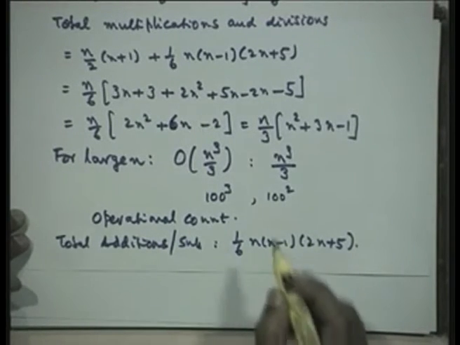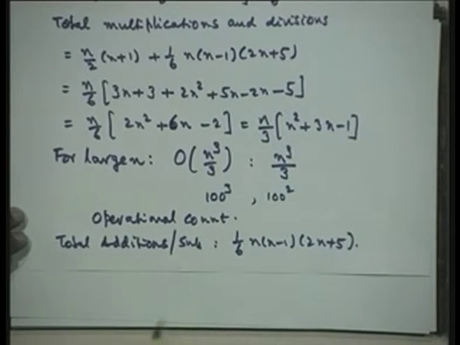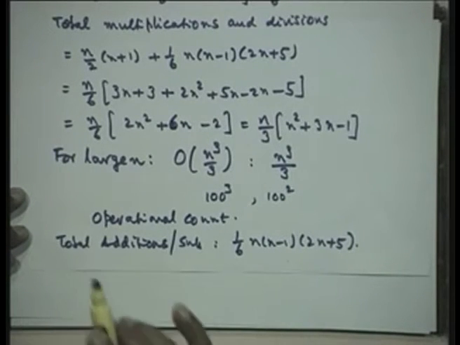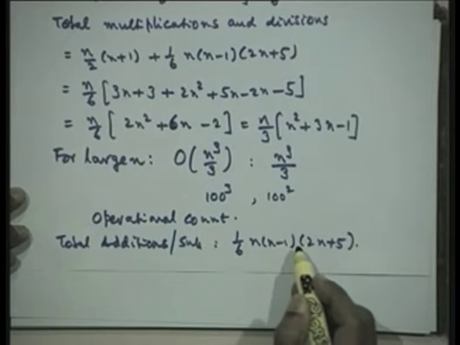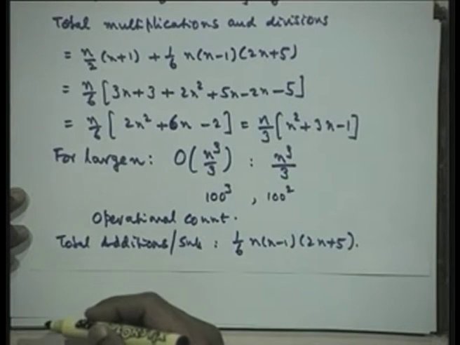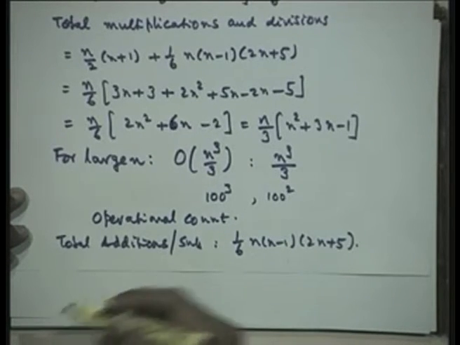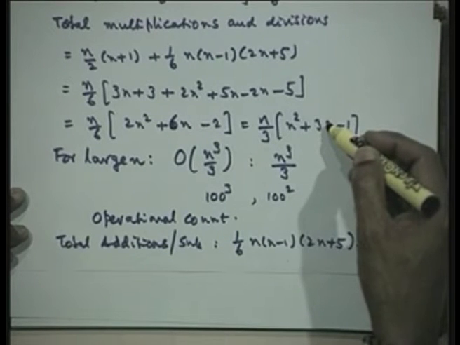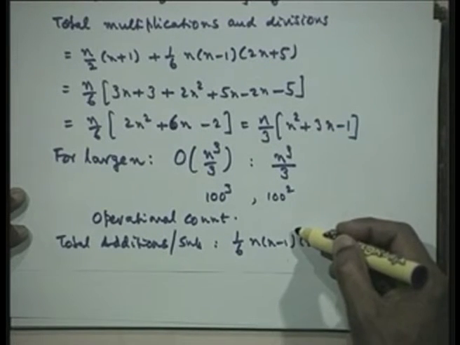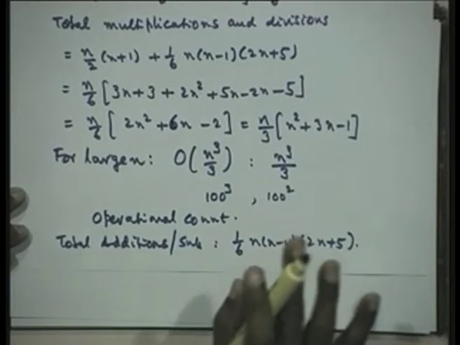Now, with this you would be able to say how much time exactly a particular problem is going to take, because I know the number of additions and subtractions, I know the time that is taken for each addition or subtraction, and I know the time for this major operation. So, I can just multiply the total number and give exactly the computed time that it will take once you know the CPU speed and the times taken for this. You can immediately count it and say this is going to take this many seconds or this many minutes for this particular problem.